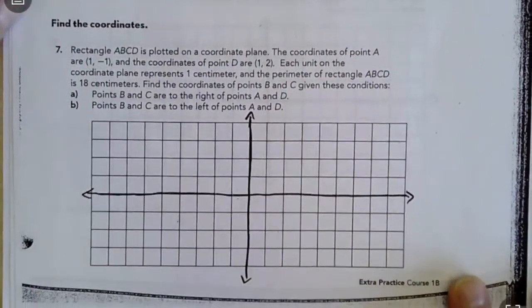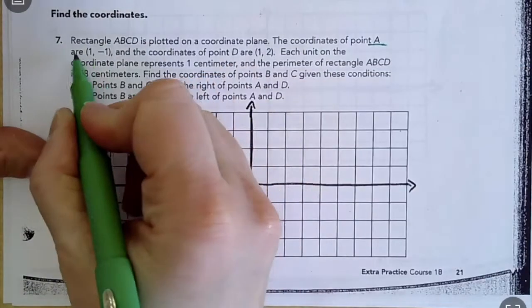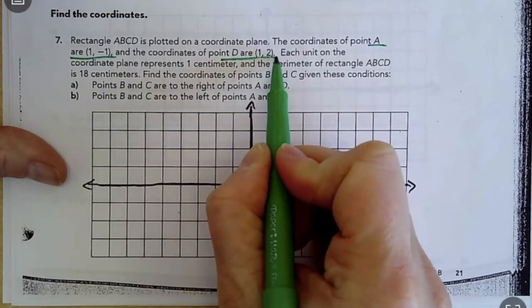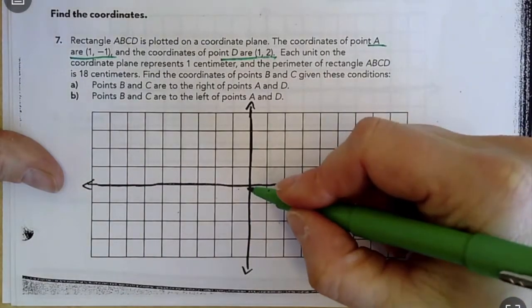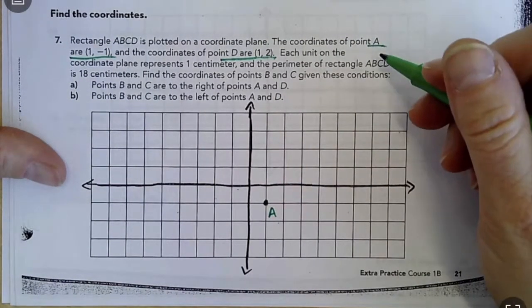This example, finding these coordinates, there's a lot of directions here, so I want to go kind of slow here so you can see these. Rectangle ABCD is plotted on this coordinate plane. The coordinates of A are 1, negative 1, so I feel like that's important to go ahead and do that. Then they're going to give you the coordinates of D, which are 1, 2. So let's go. A was 1, negative 1. That was point A. D was